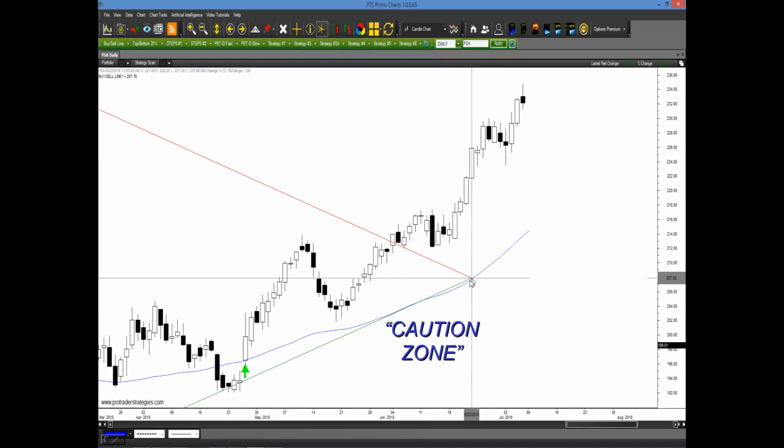And now we are starting to see a caution red flag up here. We are in the caution zone because for the first time, the 50-period moving average is below the lower diagonal. That's the relationship we're looking for to use this to protect our profits. Is it telling us that we've run out of gas, that the top has concluded? No. All it's telling us is to use some caution because we may be close to or nearing some end